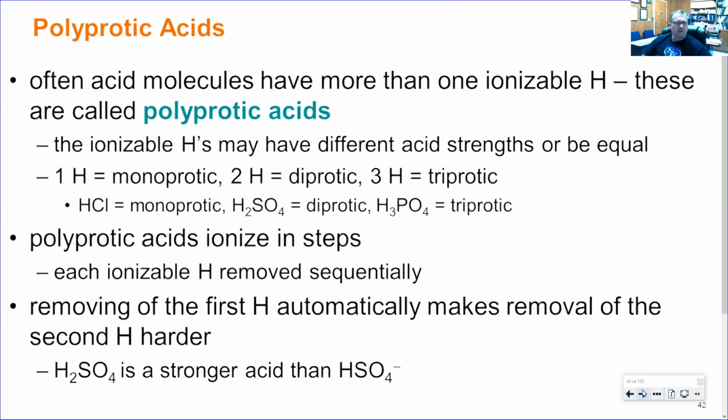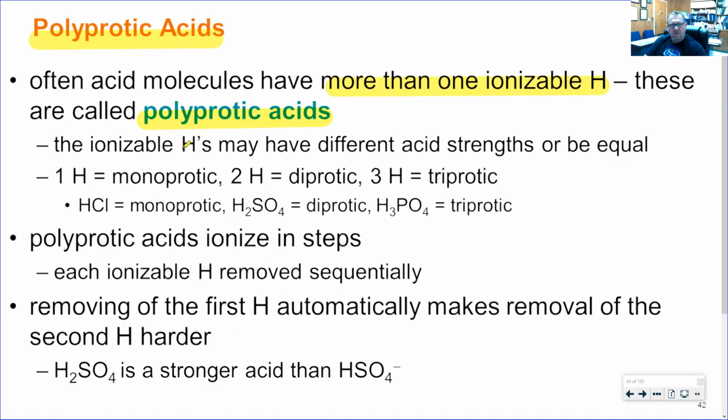Continuing, just to throw you a little bit more of a curveball, we have some things that have more than one proton that can be given off. We give them a unique name: we call them polyprotic acids. Polyprotic simply means that it has more than one ionizable proton. We've talked about things like sulfuric acid, carbonic acid, and phosphoric acid several times through the course of the semester. Now we just want to formally put definitions to those and call them polyprotics.